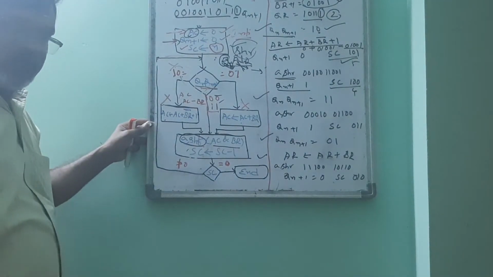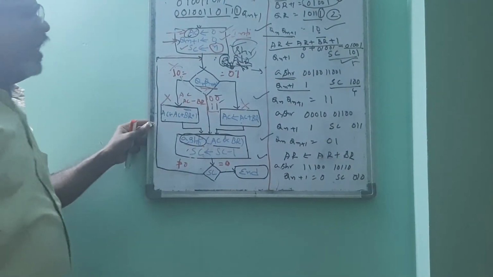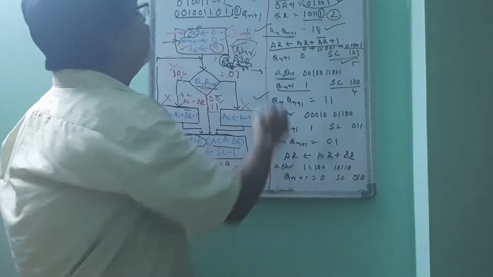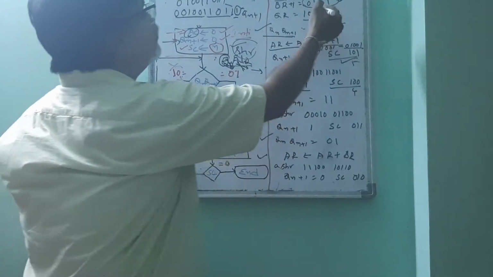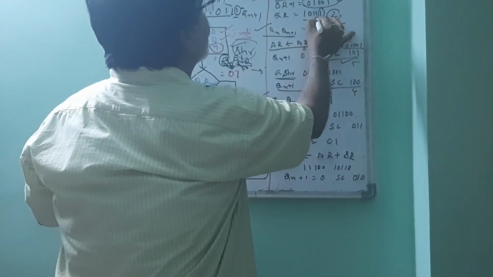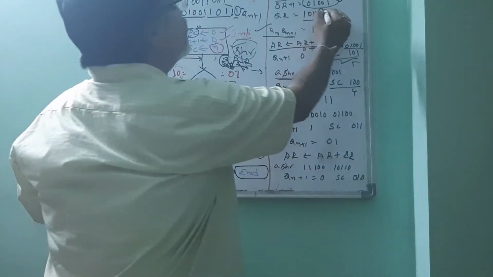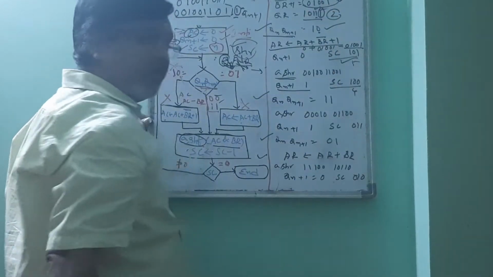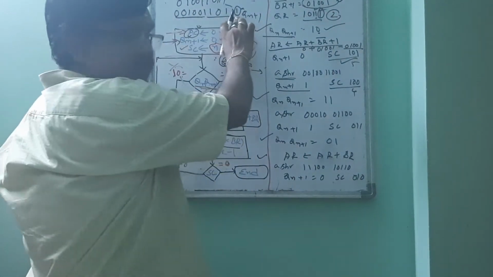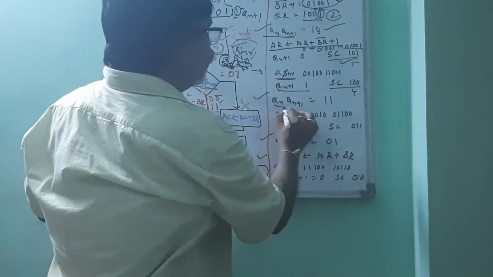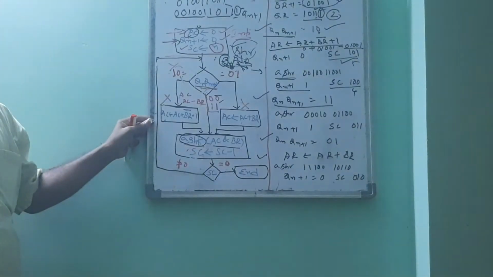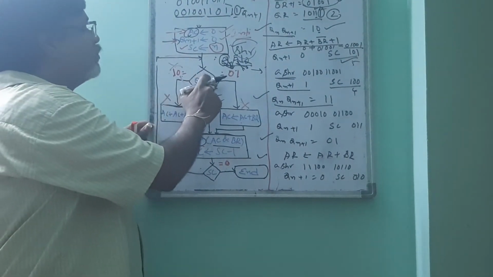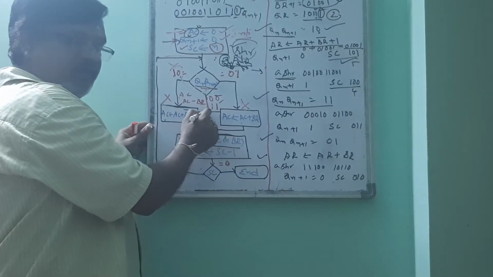Now we have to check the values of Qn and Qn plus 1. What is Qn here? It is 1. This was already completed in the previous step. Now we are taking this one. Qn is 1, and after shifting, we got Qn plus 1 as 1. So now Qn and Qn plus 1 are both 1. As shown in this flow chart, if Qn and Qn plus 1 are 1 1, then what are we doing?